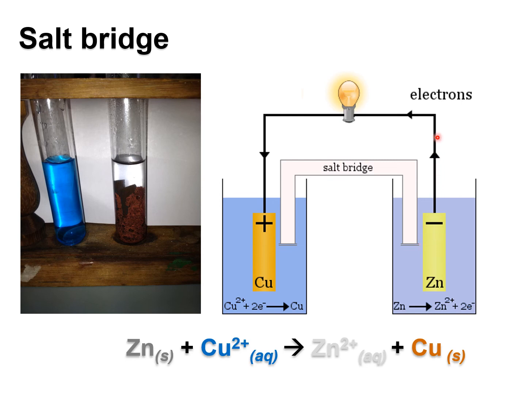The electrons are going to go, not having a direct connection with the copper, they have to reach the copper side. They need to go through the wire, do the work that we want them to do, that is to light up the light bulb, and then finally they can arrive here where they are attracted by the copper. So this is the positive pole that's attracting the electrons. And here they can be transferred to copper ions and form copper. So you would see some copper depositing on top of the electrode. And this electrode is getting chubbier and chubbier. Conversely, this electrode is getting smaller and smaller because the zinc is used up in this reaction.